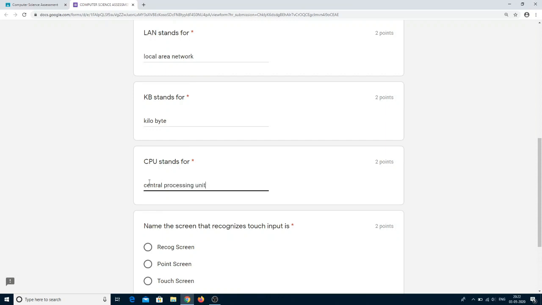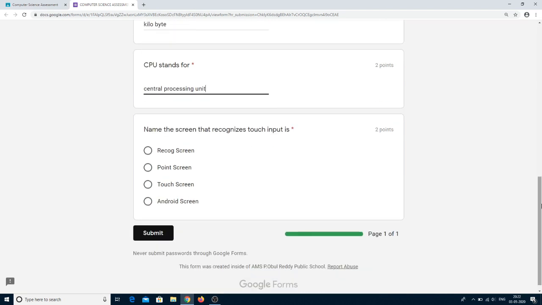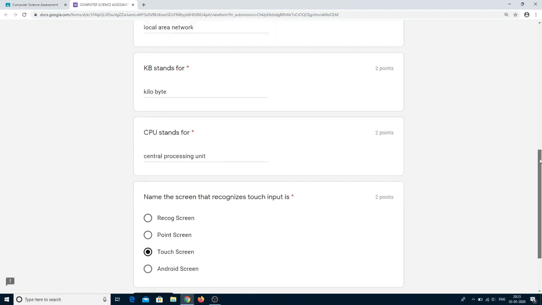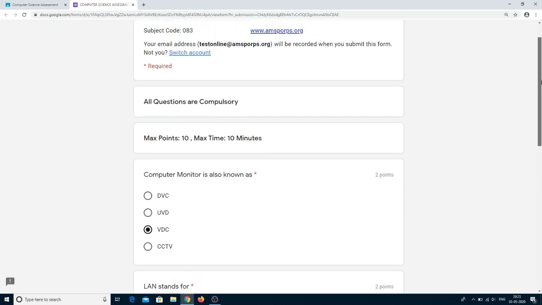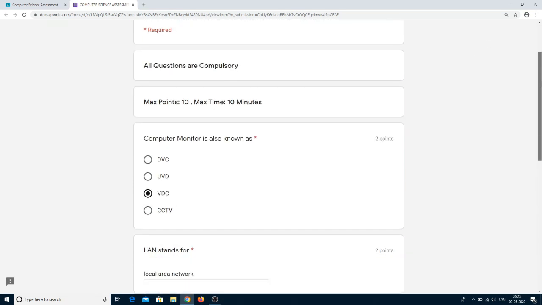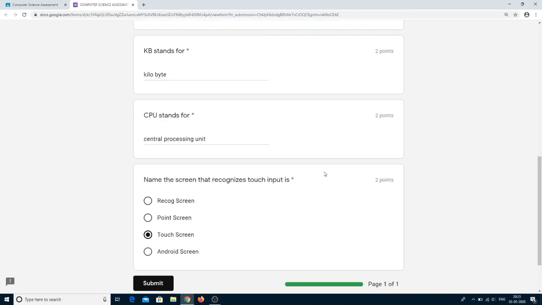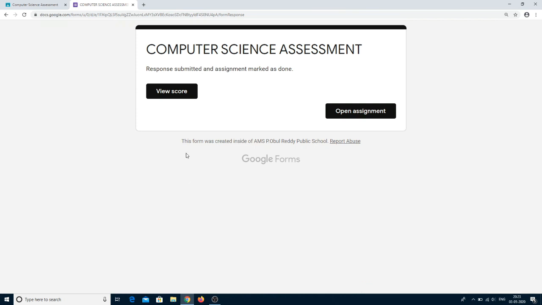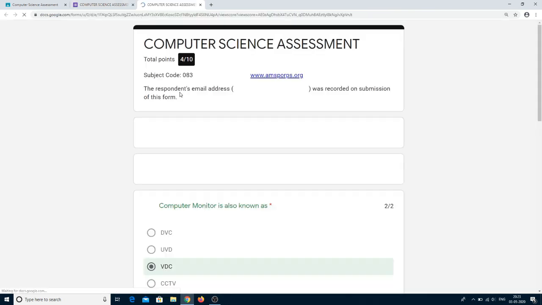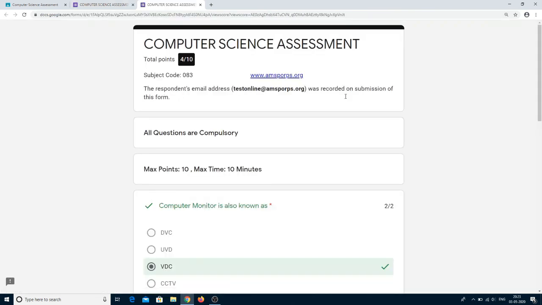So provide the answers for the questions. Our questions are mandatory. You can see here an asterisk symbol is there. This red color asterisk indicates the fields are mandatory, that's nothing but the student must and should submit the response for this particular question. After submitting all the questions, click on the submit button, and click on view score, where you can see the score of this particular student.